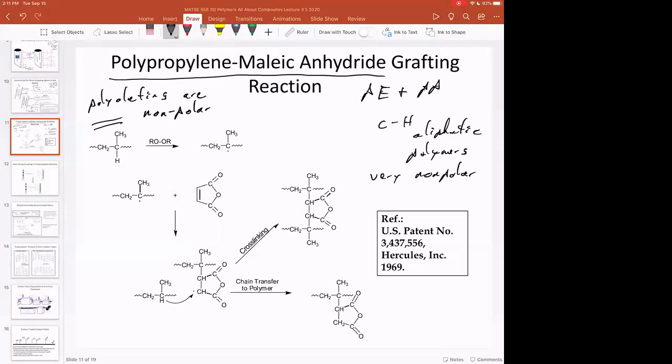So if you know what wax is, which is just short chain saturated alkanes, or grease or something like that, it doesn't stick to anything. And so oftentimes you need some polarity, and polarity is basically you need some polarized bonds, you need some oxygen in there, you need some OHs. In this case, we're going to use maleic anhydride, which is just the name of this fancy thing. But this introduces polarity to help polypropylene bond to other things,